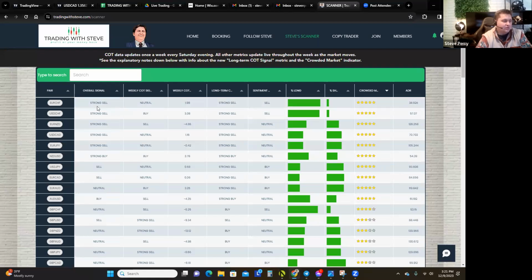So right now, the euro franc, you can see, that's up here at the top. It's got a strong overall signal. Sentiment's a sell signal. Long-term signal is a strong sell. Weekly shift, not really big enough to create a signal. So obviously the scanner doesn't really regard that as much because there's still enough here to make this a confident